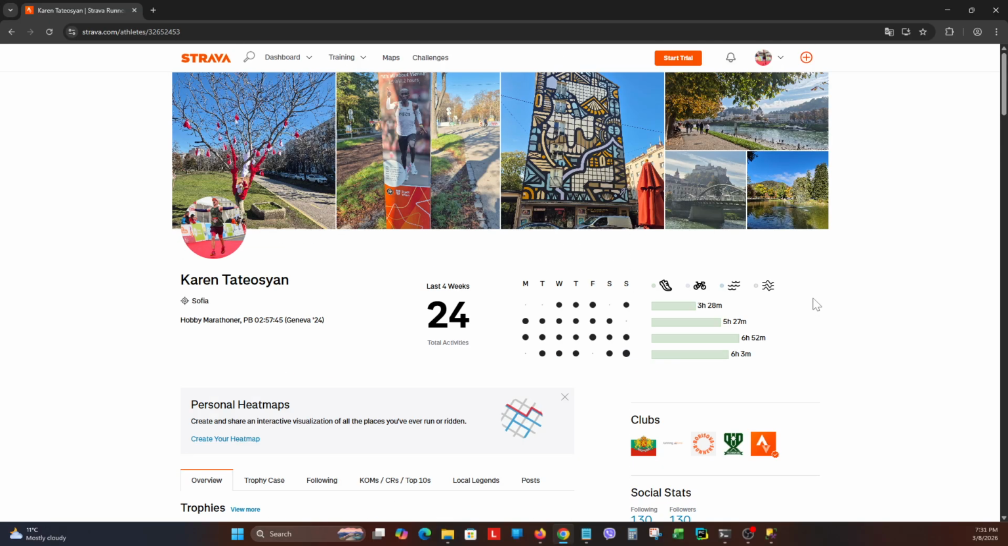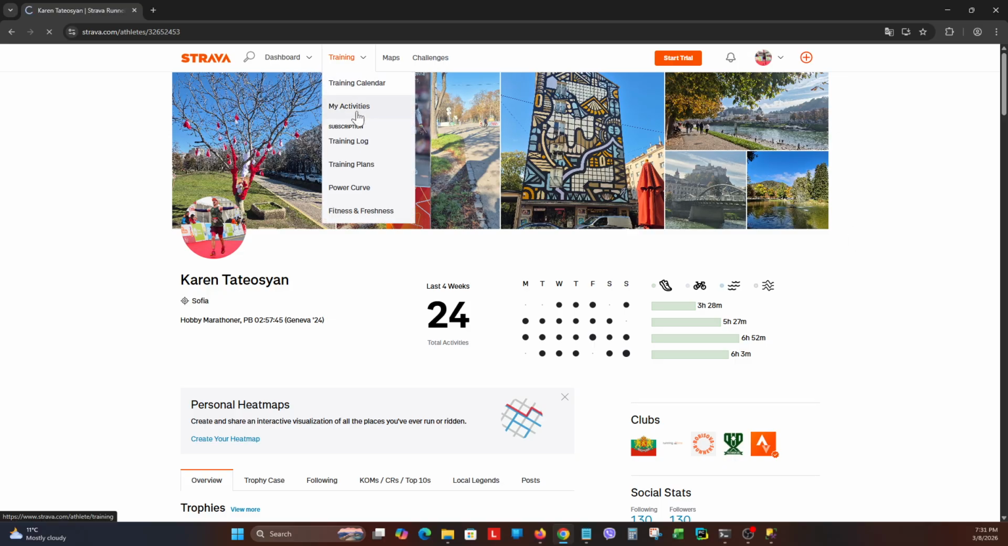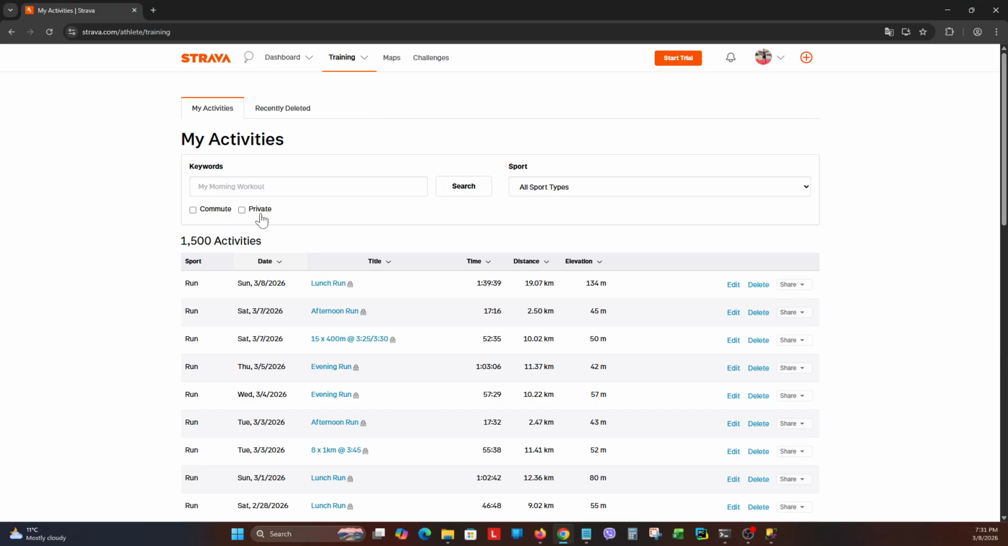So here I am logged into my Strava account, and I would like to create a database from my Strava activities in order to keep my training more organized going forward. So let's head over to training and my activities. And it seems that I have exactly 1,500 activities, but the problem is that there is no export to Excel